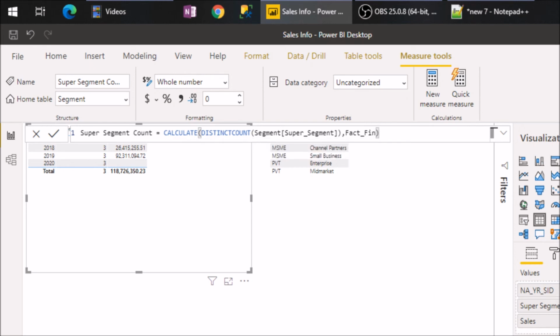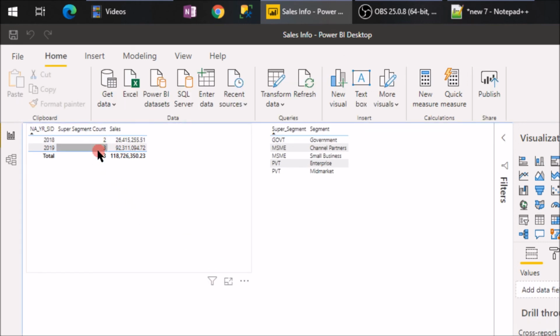So I'm just going to add this context, which is a filter for the fact table, and now let's see what happens. Once I do that, yes, we got rid of the duplicates, and we now have 2 for 2018 super segment count and 3 for 2019, which we saw is the correct value.